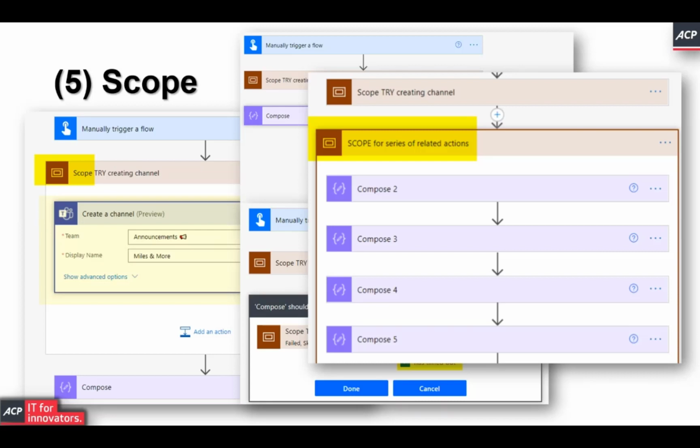And with scope, you can kind of group things and say, okay, this batch of connectors that I'm using here have the same purpose. I'm going to put them into one scope block for a series of related actions. And then when you open up the flow, by default, they are collapsed, so they're not taking away all the space within your flow.